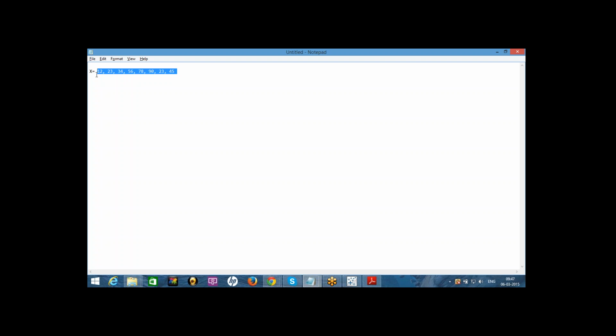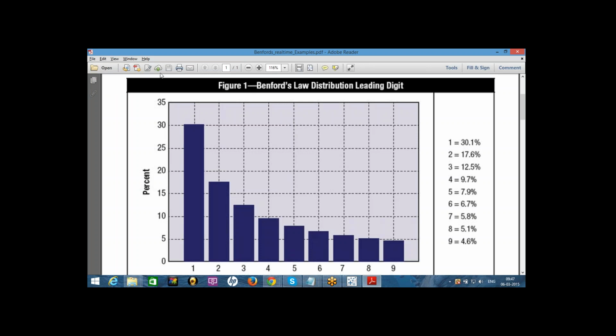It should happen naturally. So in that given data set, 1 should appear a minimum or equal to 30.1%, 2 should appear 17.6%, and 3 should appear 12.5%, like that.